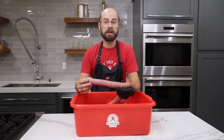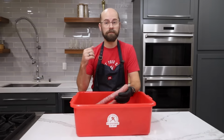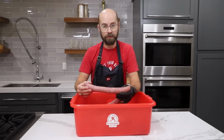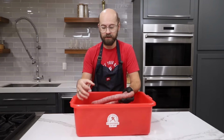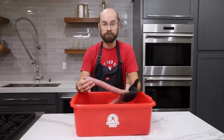Our smoke schedule was low and slow, and we only brought the internal temperature of the pepperoni up to about 128 degrees. We have both cure and culture in here, so we don't need to bring it up to the classic 155. We're also going to be doing a dry age process, which is going to lower the moisture content within the sausage, which is going to increase the acidity and lower that pH even more,